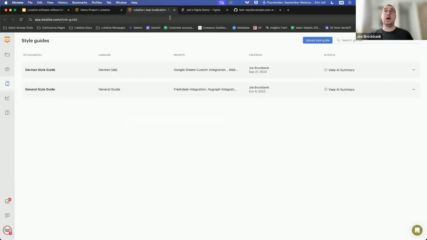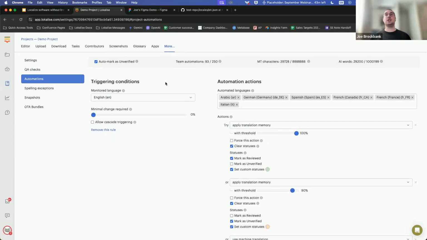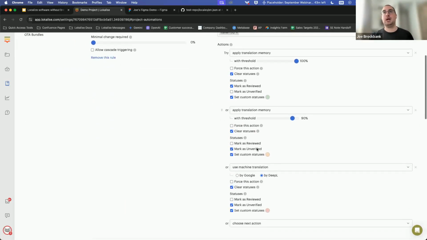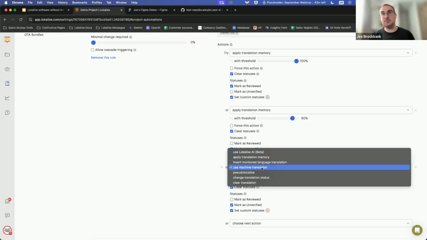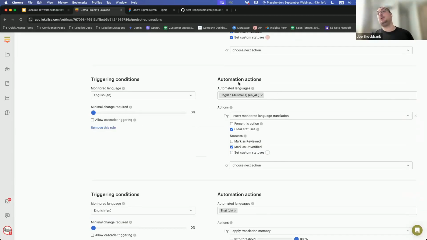What I'm trying to show here is that for these languages, that's what's going to happen. We're going to apply the translation memory. We're going to apply maybe some fuzzy matches, and then we're going to use either Localize AI or machine translation. Then maybe for another language, we want to have a different